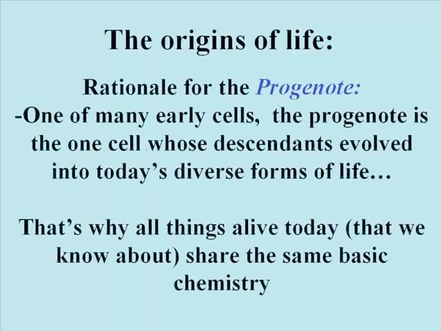All life in existence today can be traced back to a single cell, which is called the progenote. Of course, we can only imagine who and what this cell was, but we can be certain of two things. That the progenote was one of many cells and cell types that coexisted at some point billions of years ago on Earth, and that the descendants of the progenote evolved into the diverse life forms we see today. This is the best scientific explanation of how all cells and organisms come to share the same biochemical way of doing the basics of living.